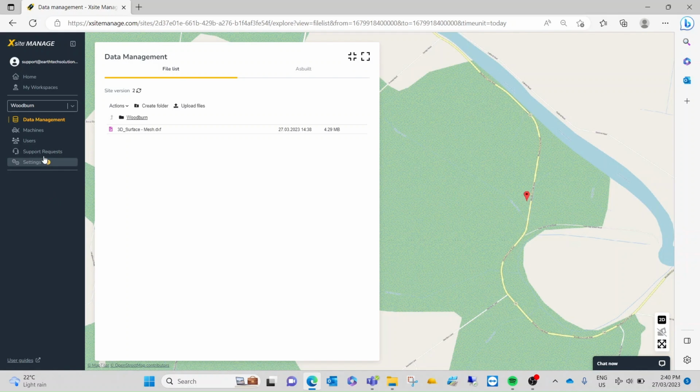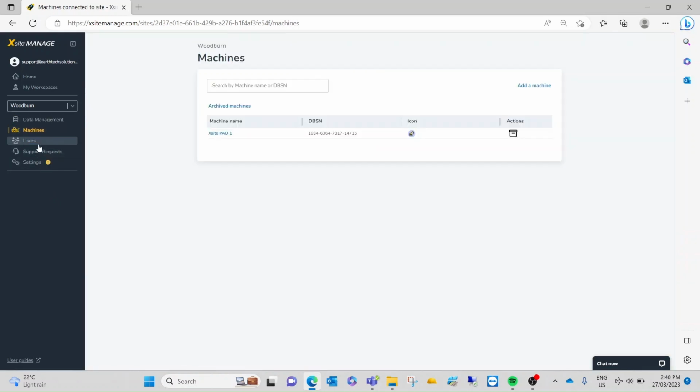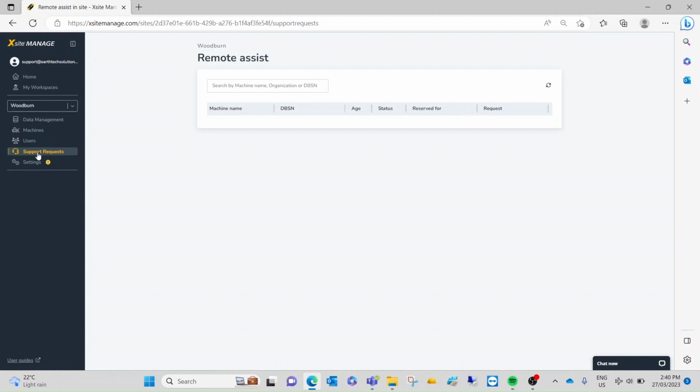Now, if there were any support requests from any of the machines in the organisation, they would appear here. If a support request was generated from the machine, you can connect to that through this space here. And settings, we've seen that already. That's with our power end